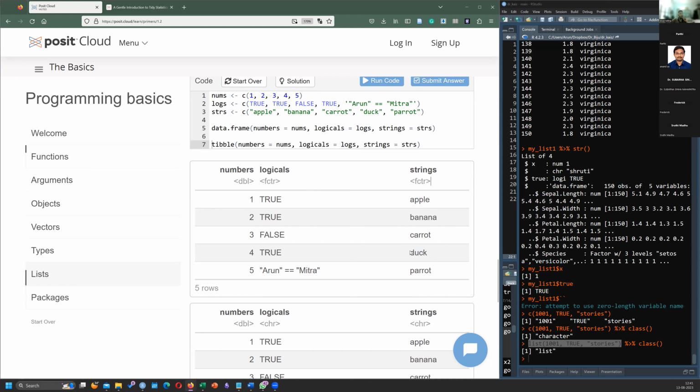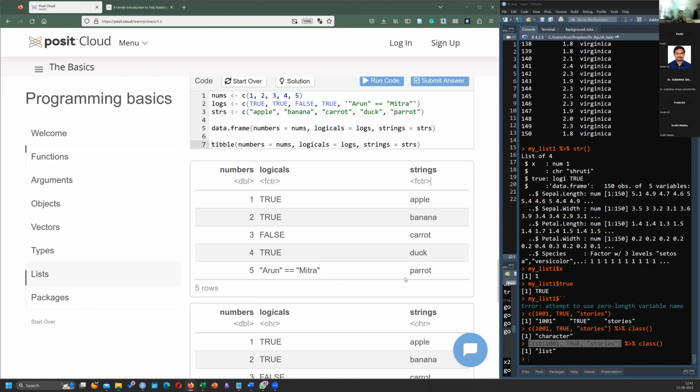A data frame usually assumes that all characters are factors when it is loading things. Okay, but it might be possible that, see, this is all very unique. Apple, banana, carrot, parrot, duck. They could be just names, isn't it? Yeah, I would understand that. Okay, TRUE, FALSE, maybe you're considering them to be factors because there are three different levels. So I agree.